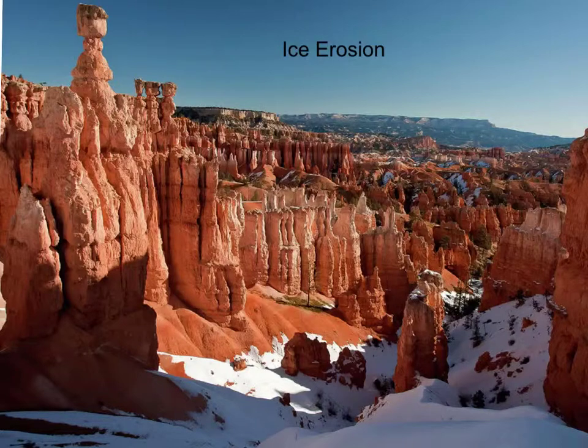Next, let's talk about ice erosion. See, these little formations here are called hoodoos. Now, sometimes in these mountains, it snows. And when it snows, the water melts in the morning and freezes inside these little cracks in the mountains. And at night, when it freezes again, it'll expand and chip a little piece away. And eventually, you have these beautiful little hoodoos right here.